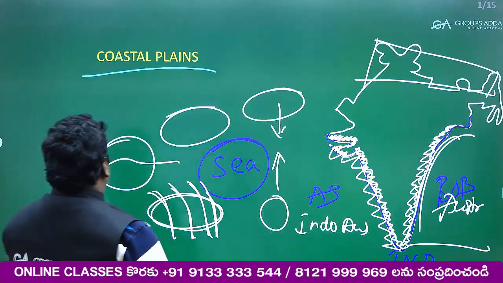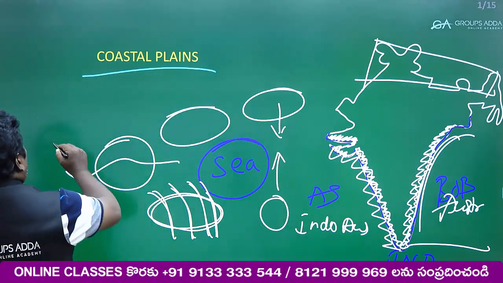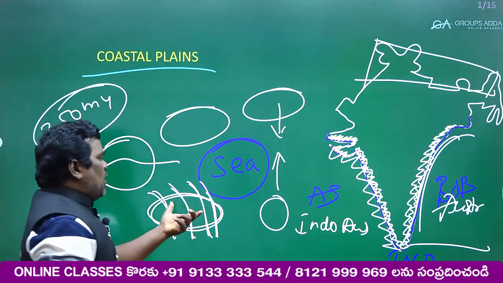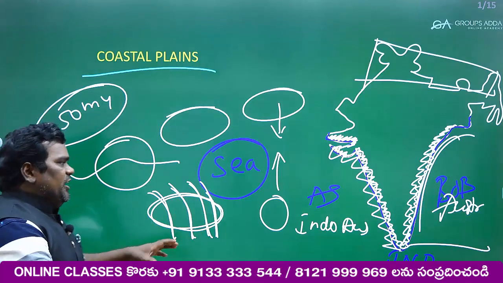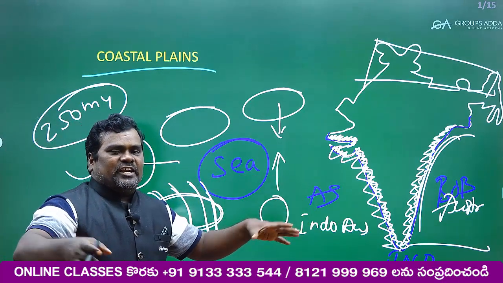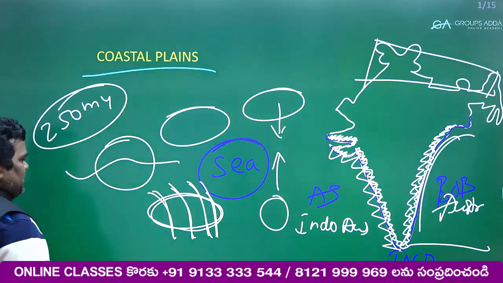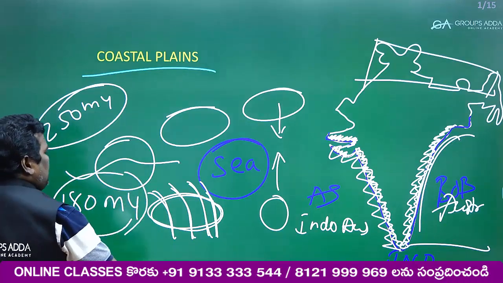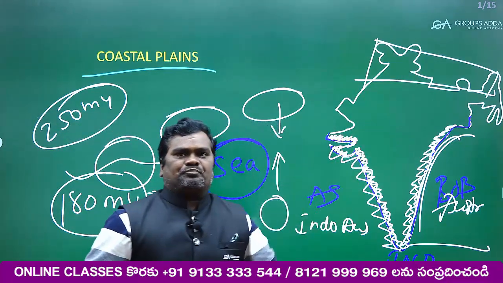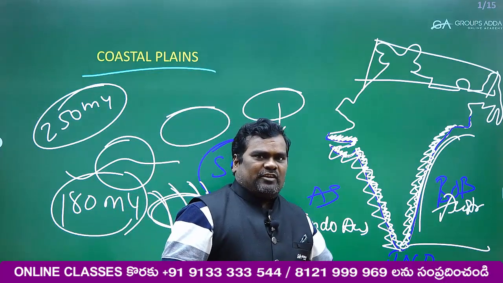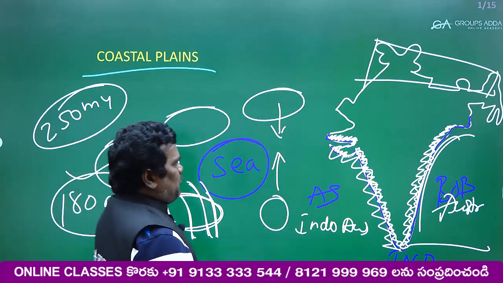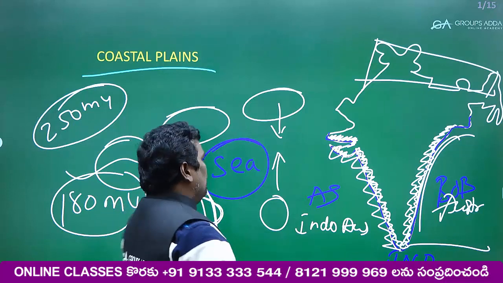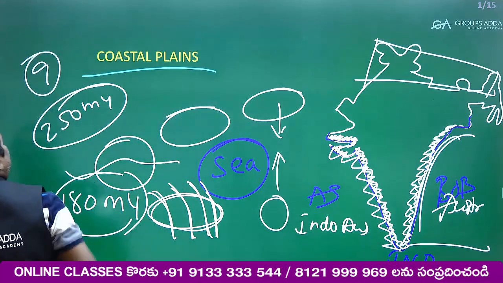Yes. If we observe exactly, around 250 million years back, this Gondwana was split. It was split, my dear friends. Isn't it? Yes, around 180 million years ago, it started moving towards north. My dear friends, yes, see, if you observe here properly, in how many states do we have coastal line? So, we have coastal line in 9 states.